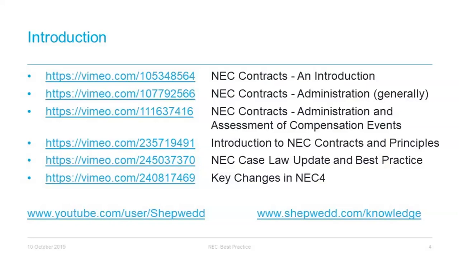Before we look at the NEC contracts in detail, there are just one or two more general good practice points to make. First of all, we would encourage all contract operators to look at, read, know, and understand the contract you are working with. It is not unusual for NEC contracts to be amended, and it is important that the contract operator, the person using the contract day to day, actually knows about those amendments and how they may affect the works or the operation of the contract during the project.